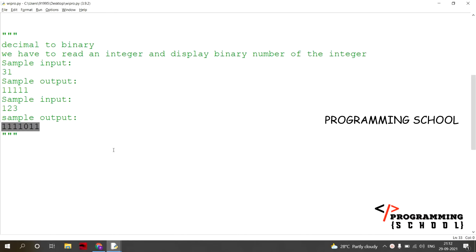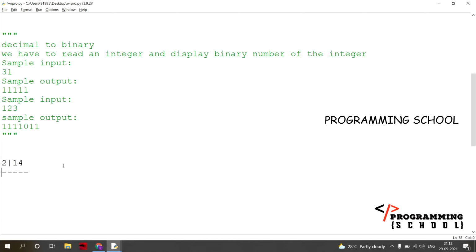What is a binary number? How am I going to convert a number into a binary number? For example, if there is some value, say 14, how am I going to convert the number here? I am going to write.